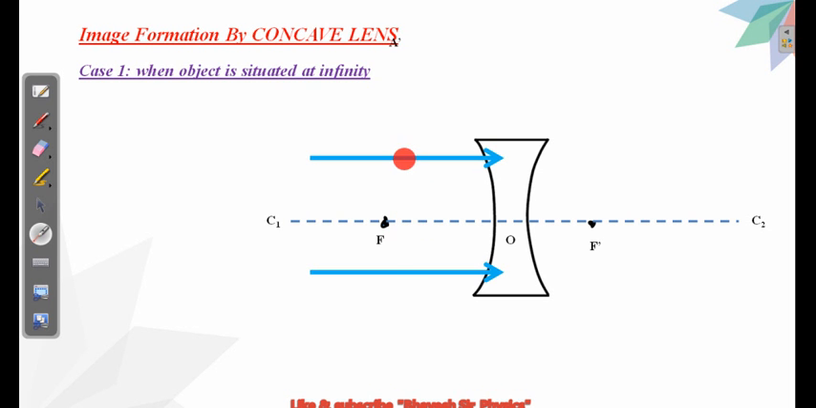ठीक है, आपको दिख रहा है ये incident rays हैं और these incident rays are parallel to the principal axis. Also we know that a concave lens is a diverging lens. कॉनकेव लेंस क्या होता है, डाइवर्जिंग लेंस होता है. इसलिए रिफ्रैक्शन के बाद ये जो रेज हैं ये डाइवर्ज हो जाएंगी. Okay, this is the incident ray, so after refraction they diverge. The rays are diverging. Okay, now if you extend them in a backward direction,